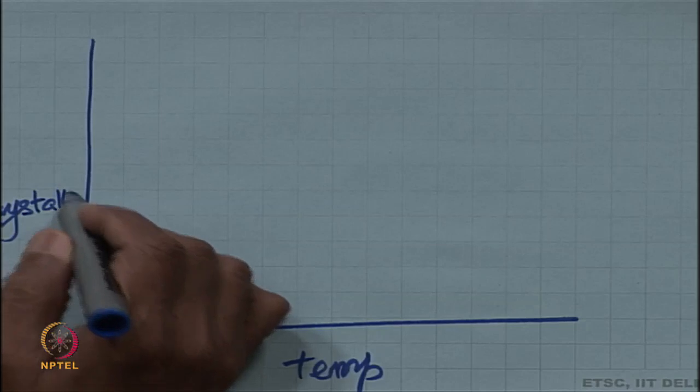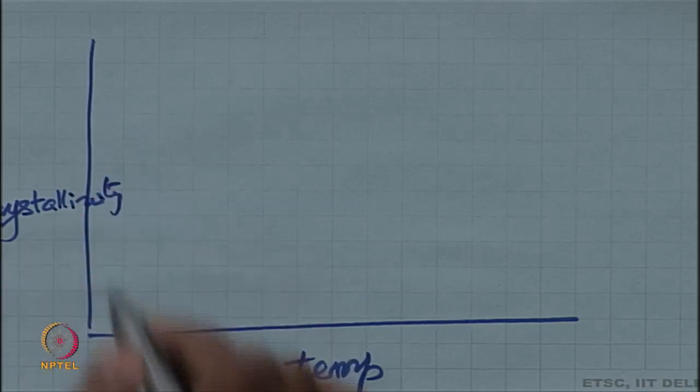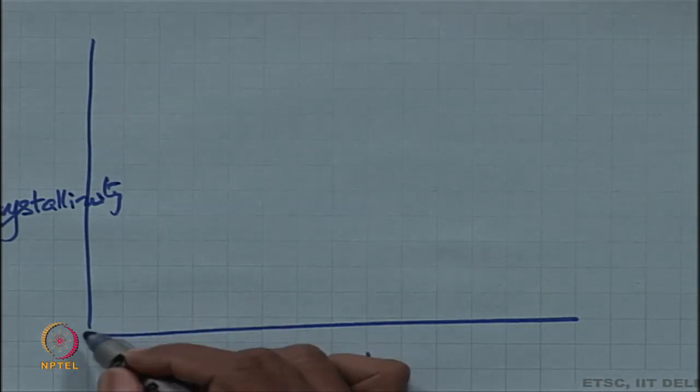So, let us say without talking about a polymer, because this temperature will be different for different polymers, but let us say I am interested in measuring crystallinity. Texturing has been done, and after that I have taken it and measured the crystallinity, let us say wide angle X-ray crystallinity. So, what do you expect is the curve? Any guesses? How do we think it will go?